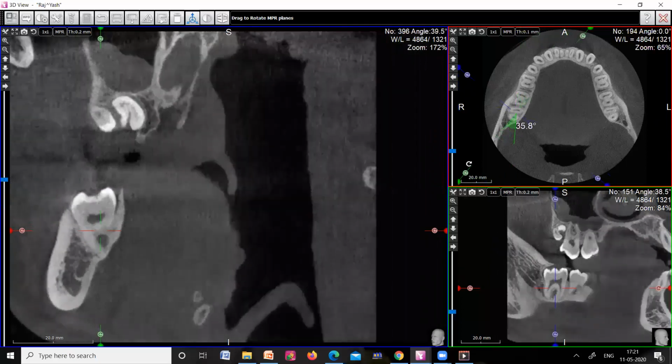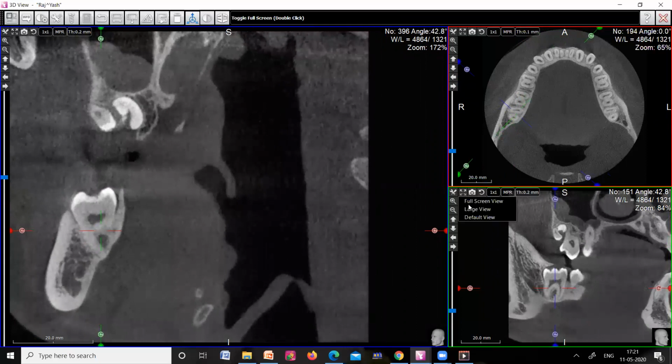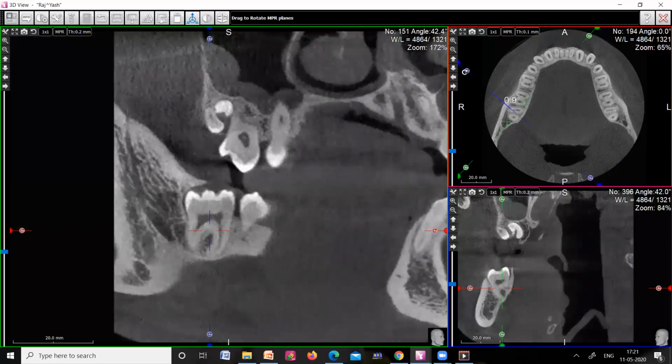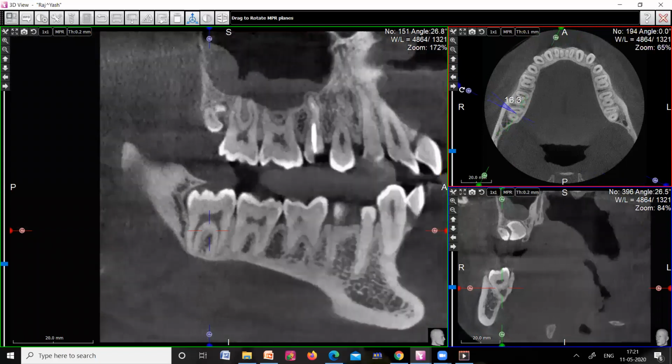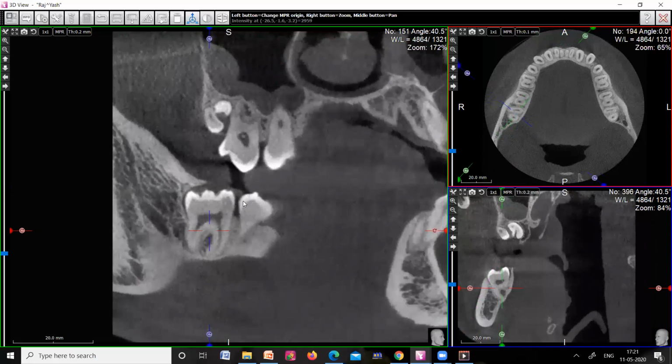Now, coming back to the mandibular third molar, since I want to make this axis parallel, I will just make it parallel. Okay. So now let's start with small things first. First we need to see the morphology, what kind of position the third molar is in. The position is vertical, slightly distally inclined. Second, there is a limited amount of space between the second molar and the ascending ramus. So this is the amount of bone which we need to remove. How much is the amount of bone we need to remove? We can always measure it over here. It's around 4.8, this is the amount of bone which we need to remove.